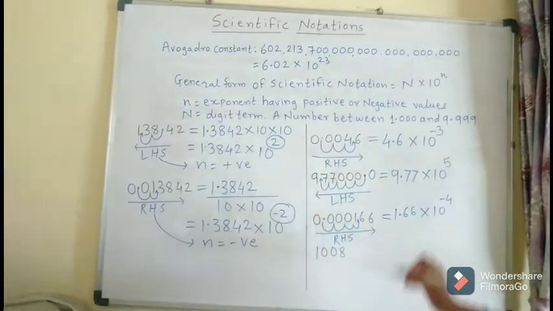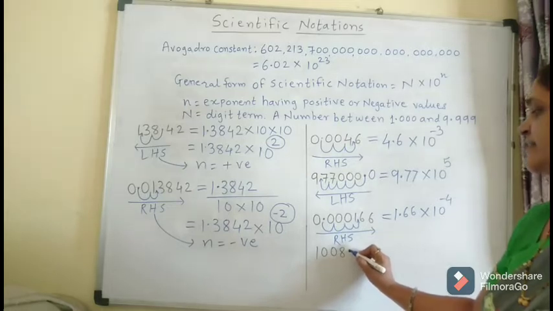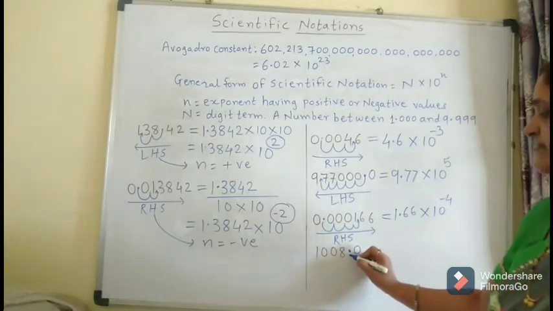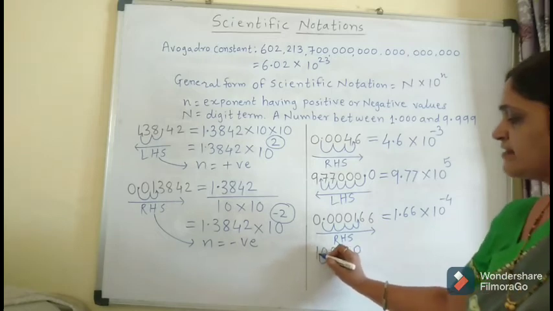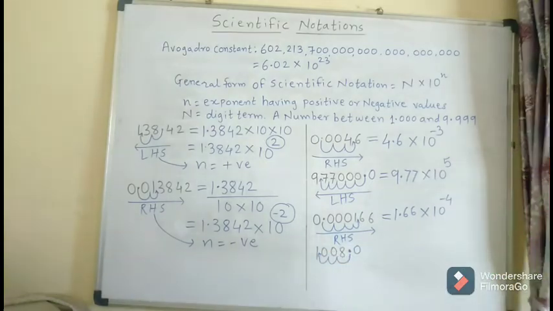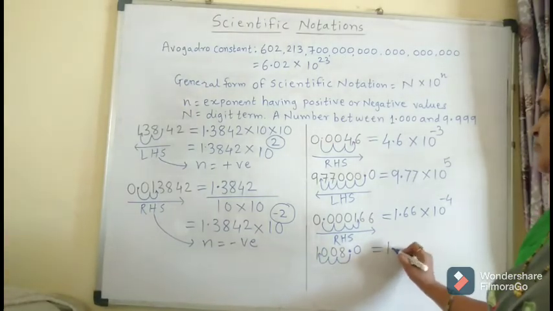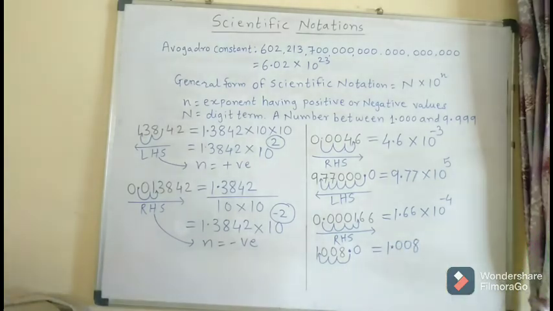Right? The next number is 1008. For the sake of convenience, I am going to place here 0.0, right? So that how I am shifting the decimal point, I can understand, and you can also understand. So 1, 2 and 3, right? So I have shifted the decimal point between 1 and 0. So I am going to place this decimal point between 1 and 0. So writing the number in this way, 1.008.